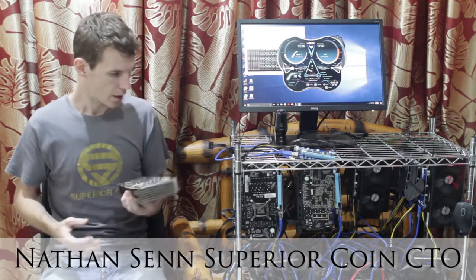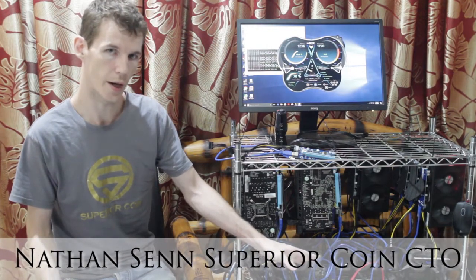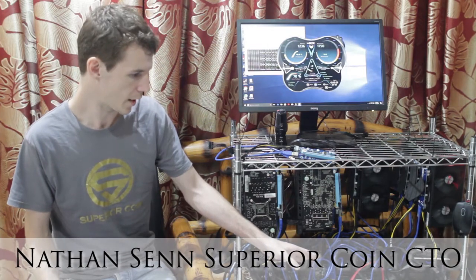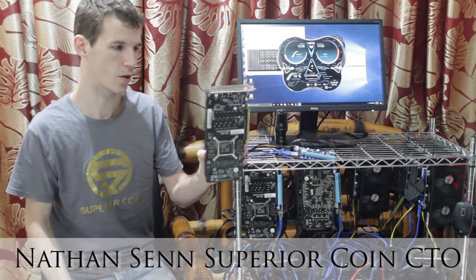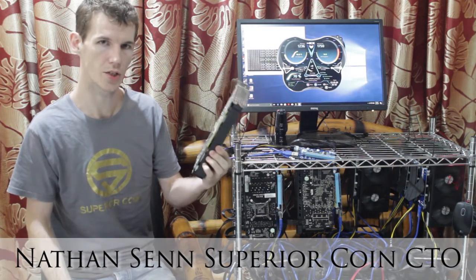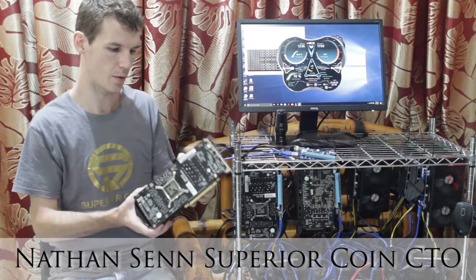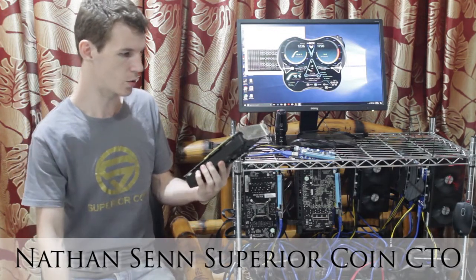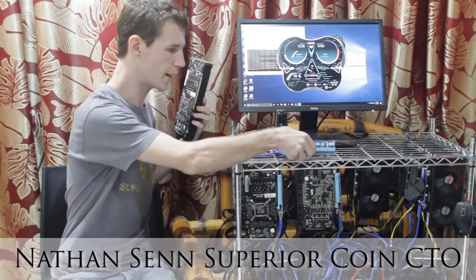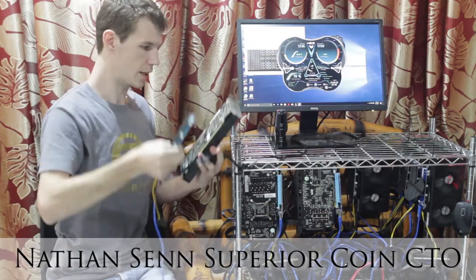And here we have the motherboard, which is the main board for your mining machine. And the way this works is you have all these GPU mining cards, which are actually the cards that solve the mathematical equations for cryptocurrency mining. And what you actually do is use what's called a riser, and this here I have here is